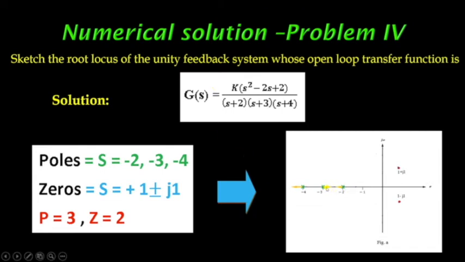Then find where the root locus exists on the real axis. If we consider any point between these, then the right hand side pole is only 1, so odd. So the root locus lies between -2 and -3. Similarly, consider any point between -3 to -4. Then the number of poles on the right hand side is 2, which is even, so there is no root locus. Similarly, if we consider the right hand side of -4, then there are 3 poles. So if odd, that means the root locus is present from -4 to infinity on the left.